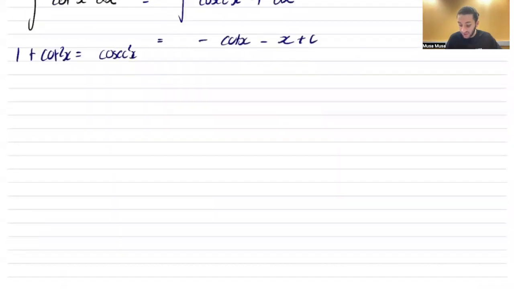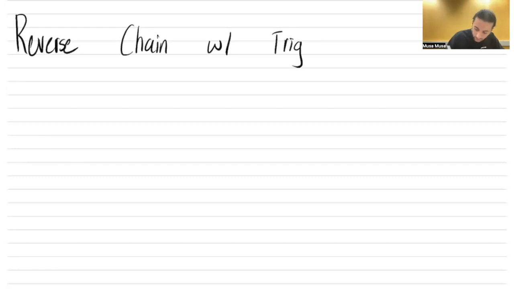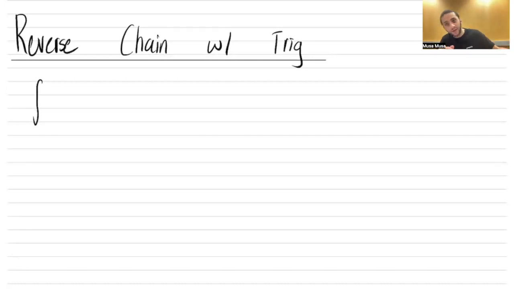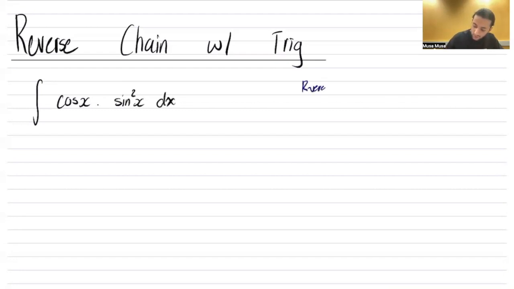Questions that are actually easier than all of the stuff we've done. So let me just write reverse chain rule. At the beginning, we said we couldn't integrate sine squared because we didn't have the cos x out the front. Well, now we're going to have the cos x out the front. So it's really applying your reverse chain rule formula. So cos x times sine squared x. If we recall our reverse chain rule formula,